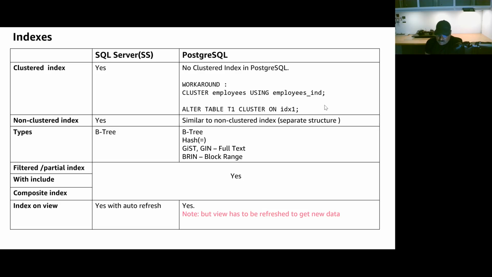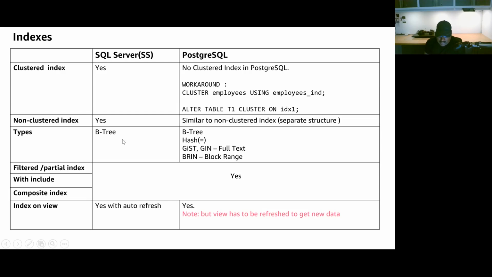It's one time. So what's the use case for this? The most common use case is if you have a read-only table where 99% are reads, and you see a benefit by sorting this entire data physically, or ordering this data using an existing index, then you can cluster this table. But this is not recommended for an OLTP kind of environment.